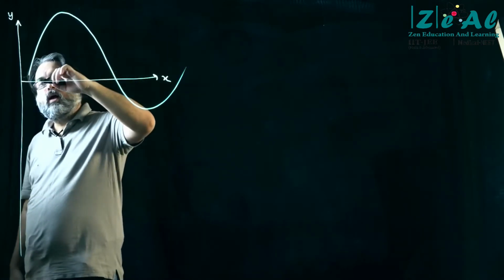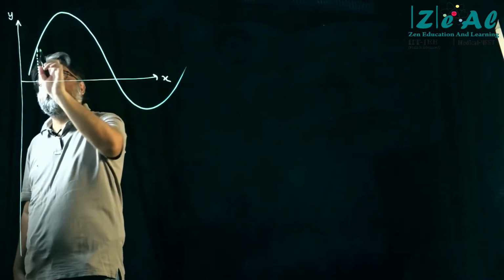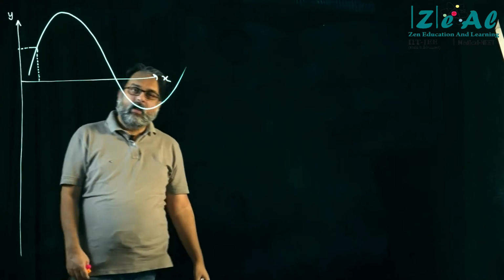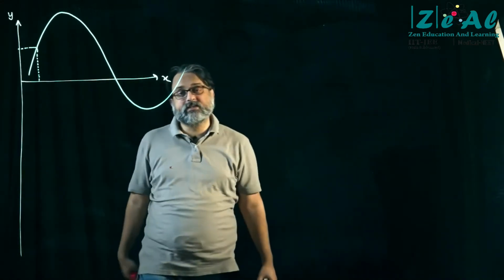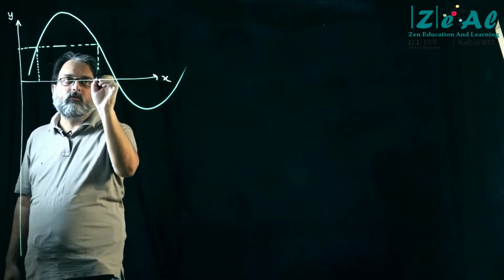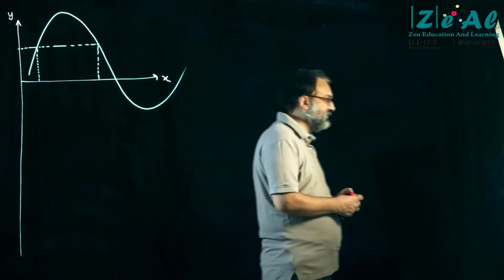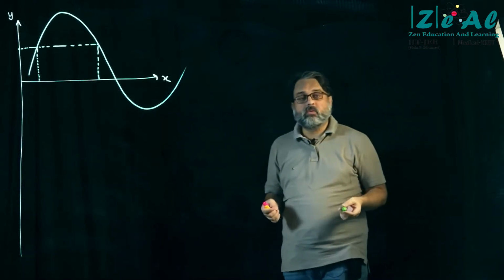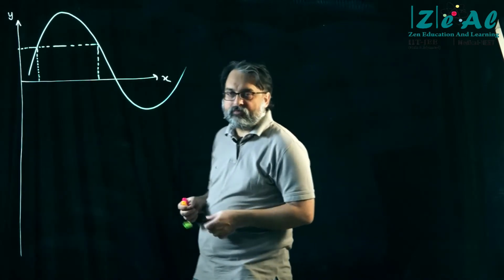Right? So let's say that we are saying what's the value of y when this is the value of x? No problems, you just read it off the graph. What is another value of x when the value of y is the same? That is also not a problem. You just go like this and you read it off the graph. So not only does it tell you x के corresponding y value क्या है, it also tells you what is the corresponding value of x for a given value of y. Okay?